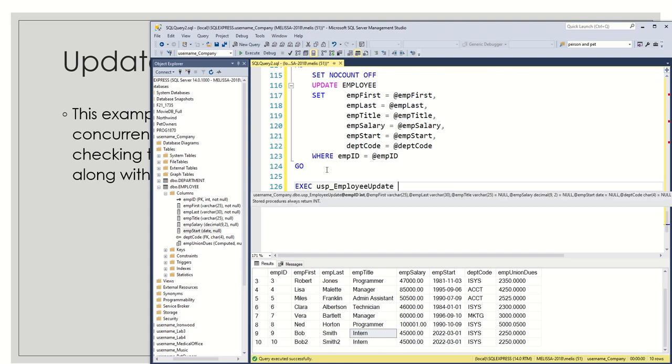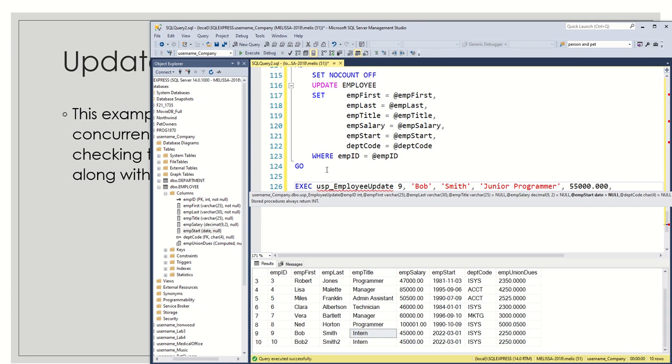Now when I call the update procedure, I have to pass values for all of the parameters because remember, everything is going to be updated. So if I pass 9 for the employee ID, and the first name isn't going to change, and the last name isn't going to change, but the title changed, so we can change that title, and maybe because Bob got promoted, we will update his salary to